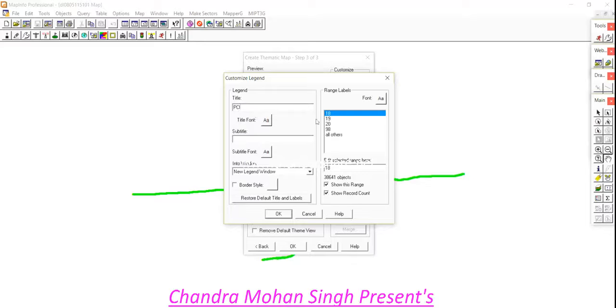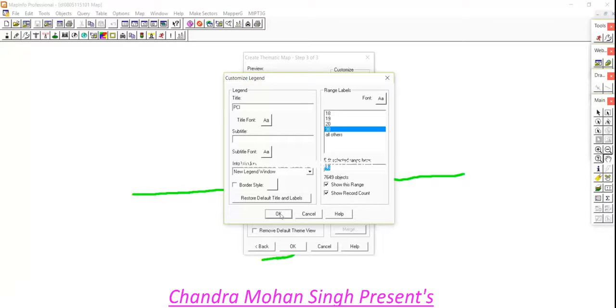Okay, friends, one more thing to remember. For each individual PCI here we have shown 18, 19, 26, and 98. We show this range and show record count. This is most important to remember.